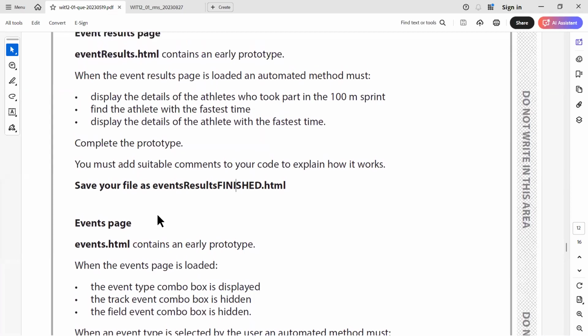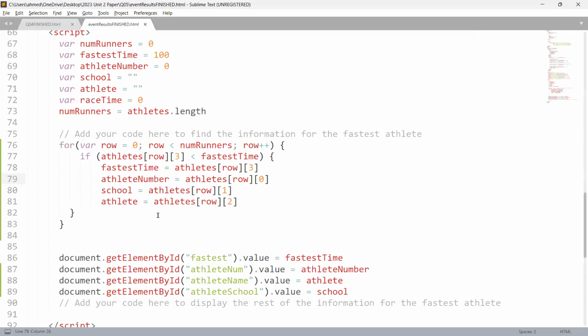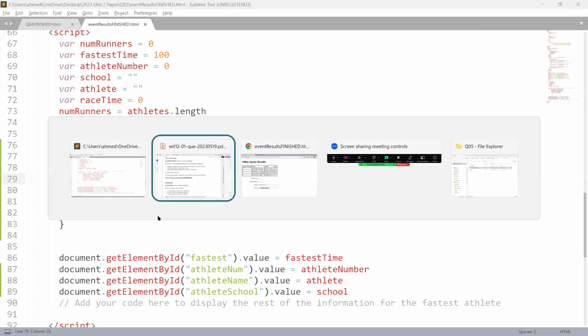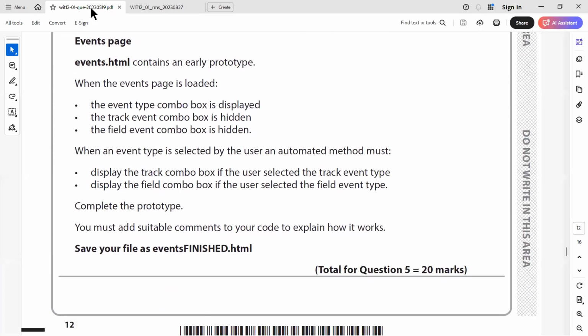Nope, there isn't anything else that I need to do over here. I have displayed all my values. Okay, all right. I'm going to move away from here. Then I'm going to move on to my events web page, and I'm going to first save it as